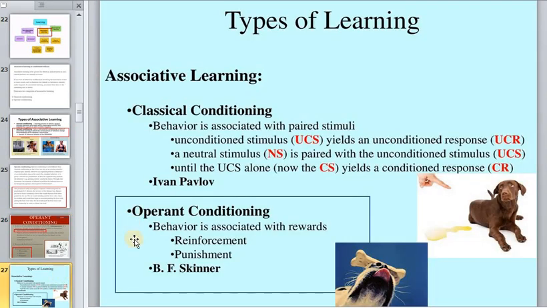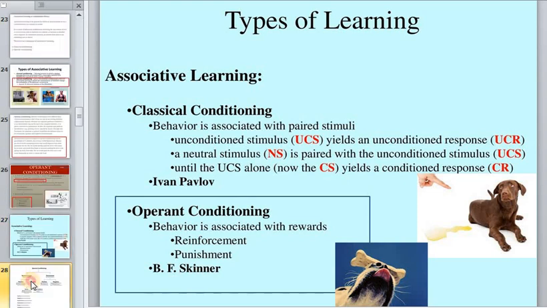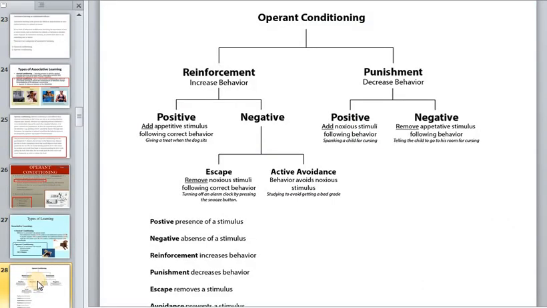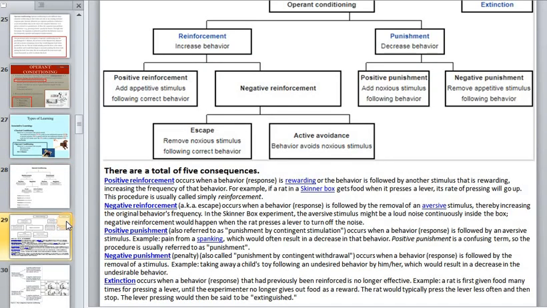And here we see that operant conditioned behavior is associated with the words reinforcement and punishment. So what is this? Of course, the name of Skinner, but here we see the table. This table starts from positive and negative reinforcement. And what is this? Just negative. Here we see escape, avoidance, and here the table with this kind of experiments, and there are a total